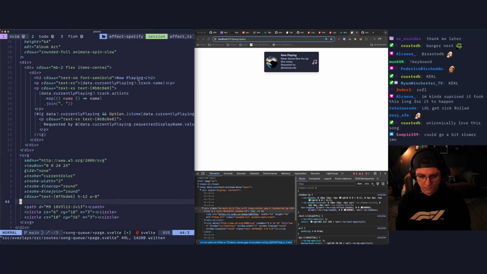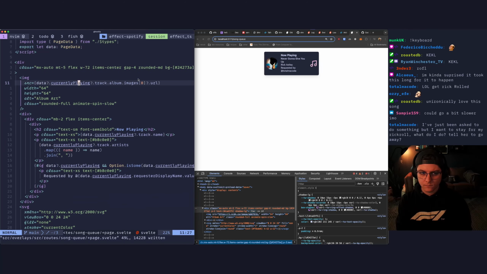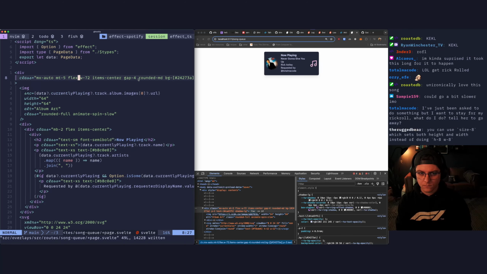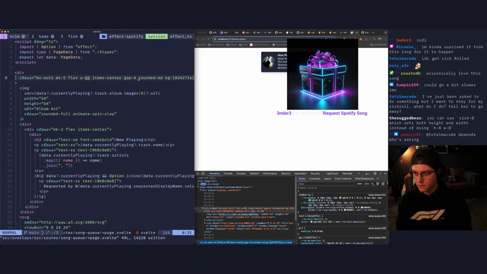Age, I don't know, 12. Why are we capped at this width? Width 72. That's why we capped. Do we have a 72? Do we have an 80? Yeah, let's do 80.